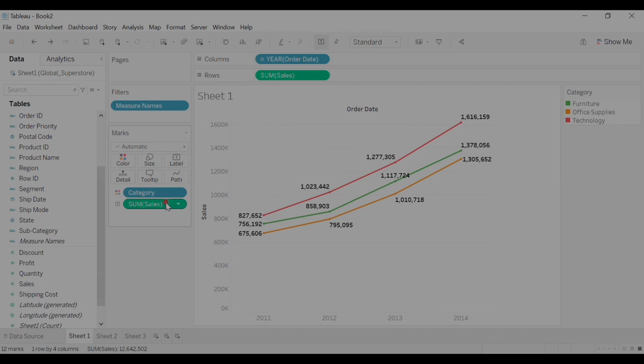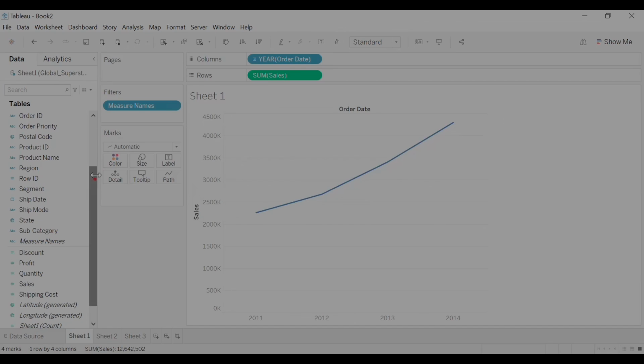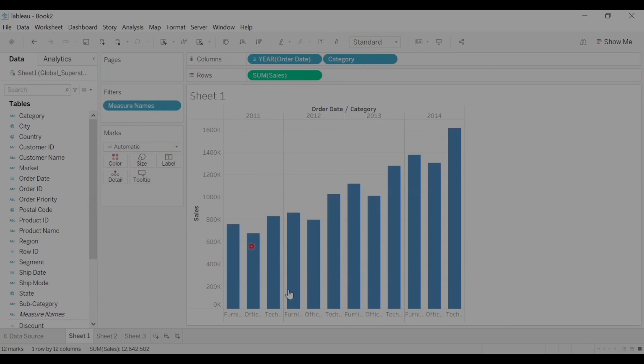To just remind you about that, let's say I remove this one and that one. Let's say we have the year, dates, and some sales, which is aggregation of all the sales across different years. And I was talking about how we can bring a category so that we have 3 different lines in one graph instead of just having horizontal lines going on through this graph. Like I mentioned, if I put the category in the column section, I'll end up getting something like that,